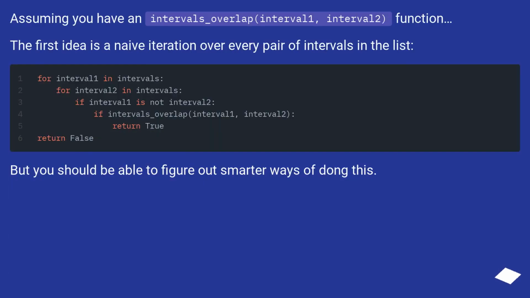Assuming you have an intervals_overlap(interval1, interval2) function, the first idea is a naive iteration over every pair of intervals in the list. But you should be able to figure out smarter ways of doing this. If you want to